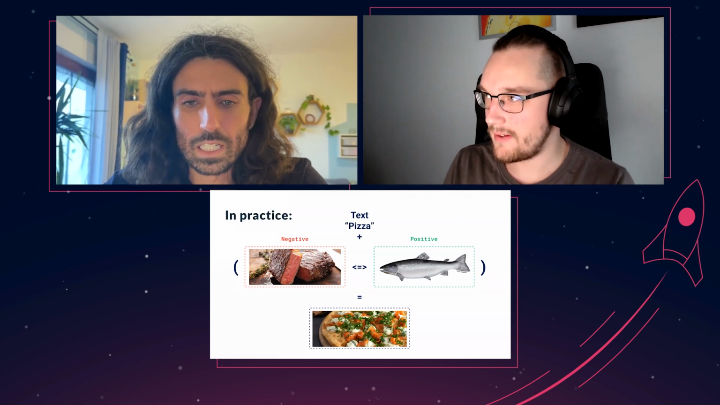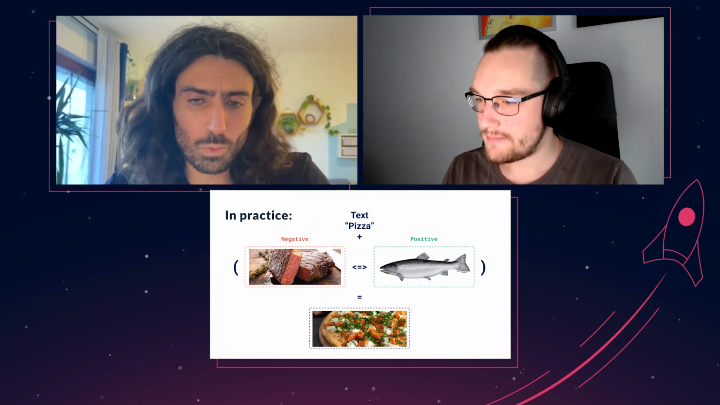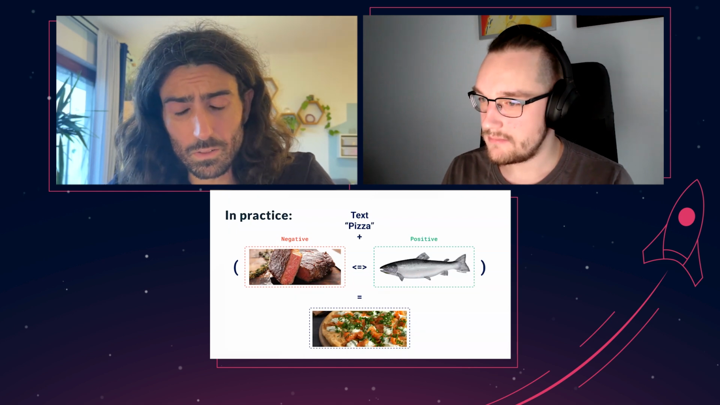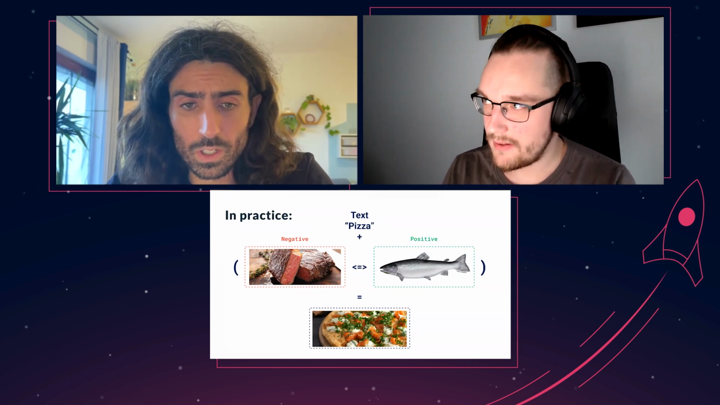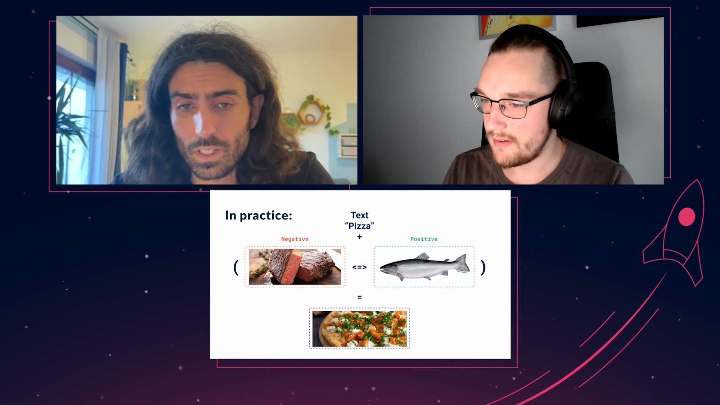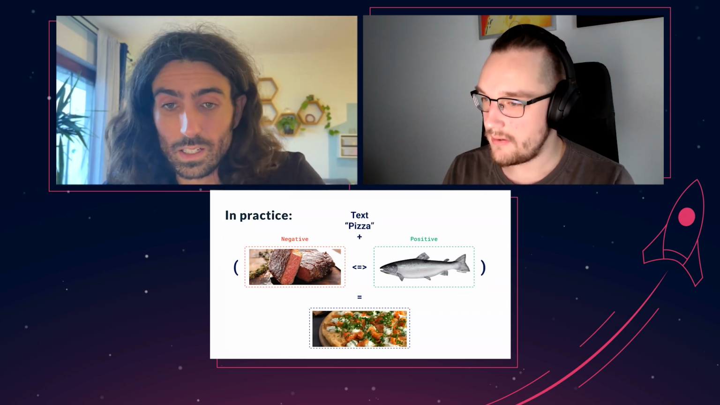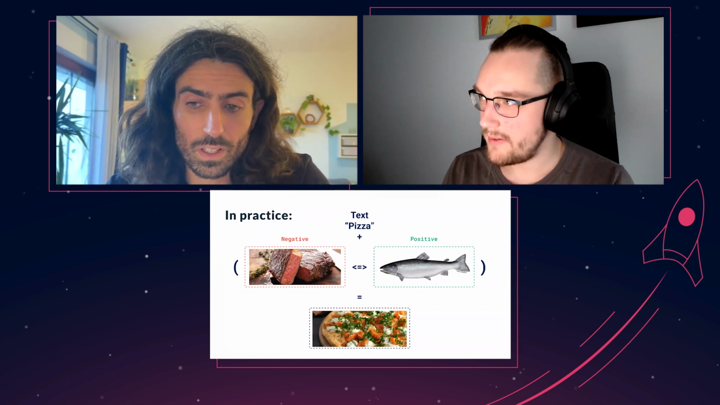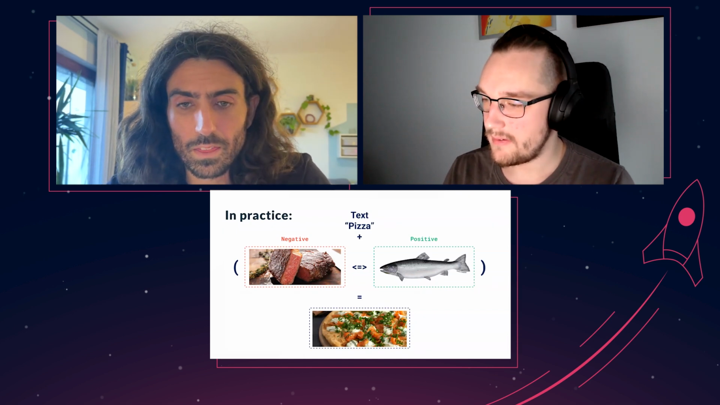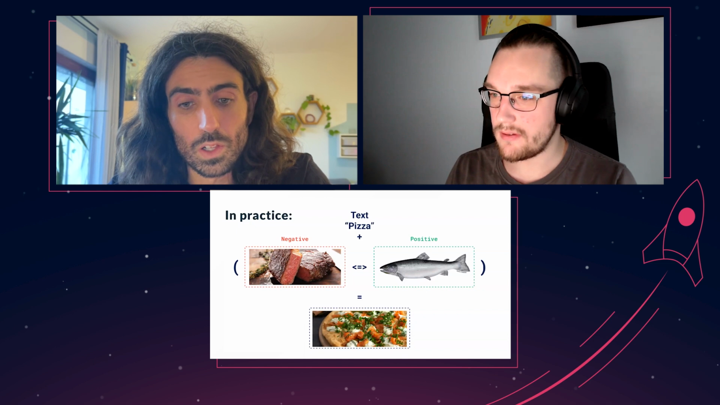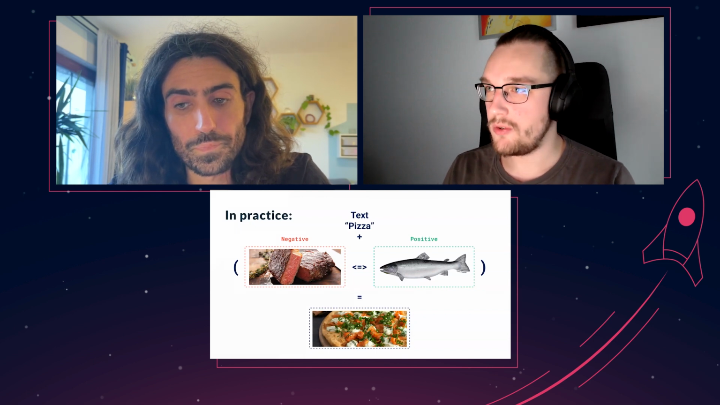Yeah, I see. Exactly. And it can be done with both text and photos. Theoretically, we could say in the negative text, like steak, and then in the positive, fish. But it feels like that isn't as special because it's not multimodal. But still, it's something which gives you